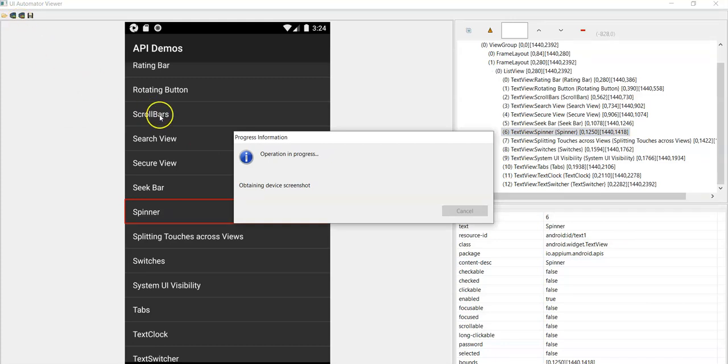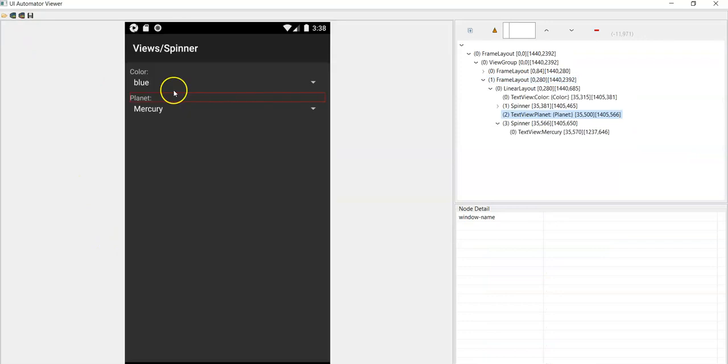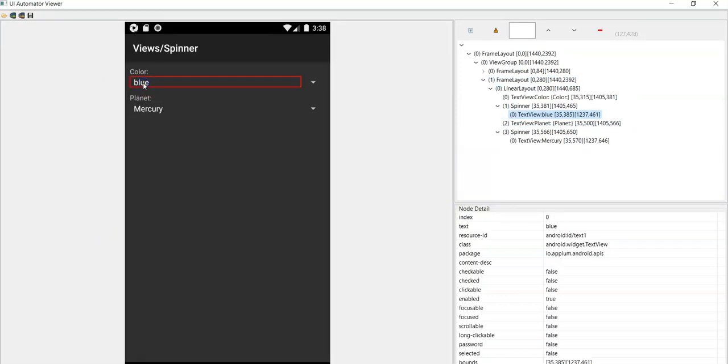Click on the device screenshot here. Now click on the spinner drop down. So you can identify the unique locator of that spinner. You can see here our resource ID value is unique. There is no content description value or text attribute value for this spinner, so you can use resource ID.